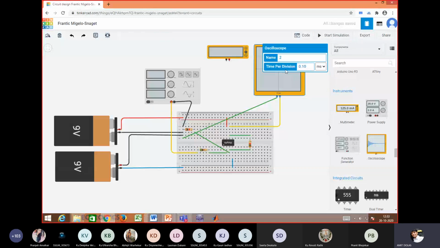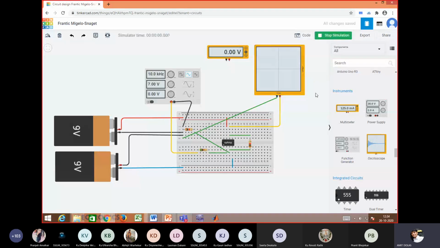Again, I will do everything as it is, say 10 kilohertz, 7 volt, sinusoidal waveform, oscilloscope 0.1 millisecond. Once I will try to simulate it again. There's no output now.